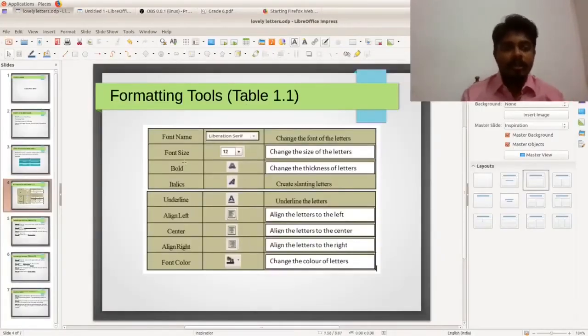Now the second one is font size. What is the use of it? To change the size of the letters. So you can see here, this is the font size. I'll show it in LibreOffice Writer, then it will be very clear for you.